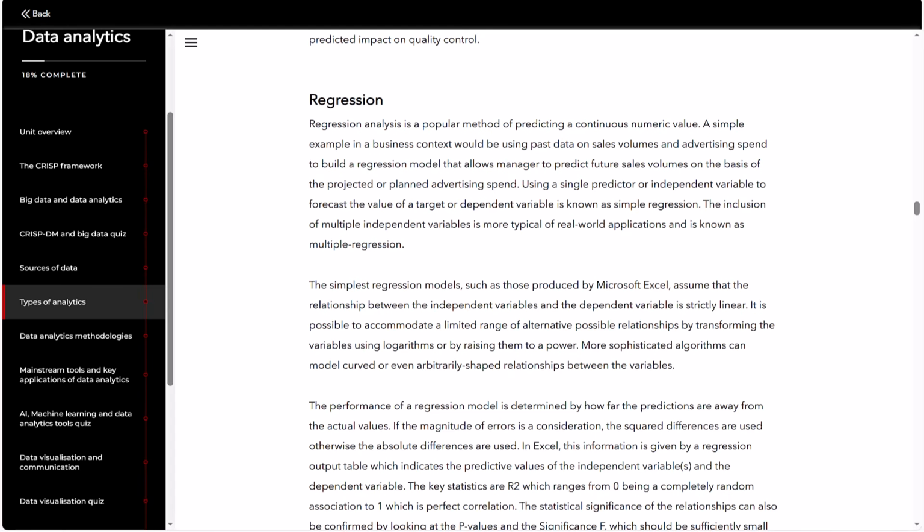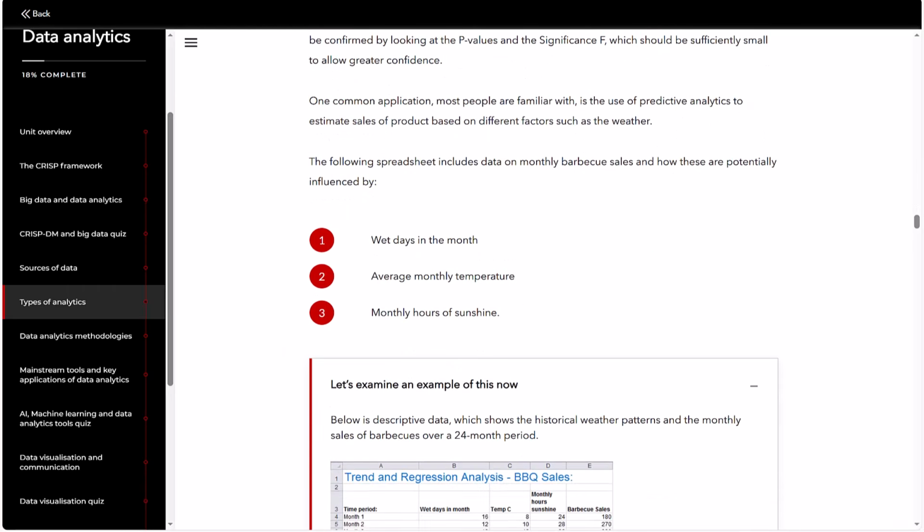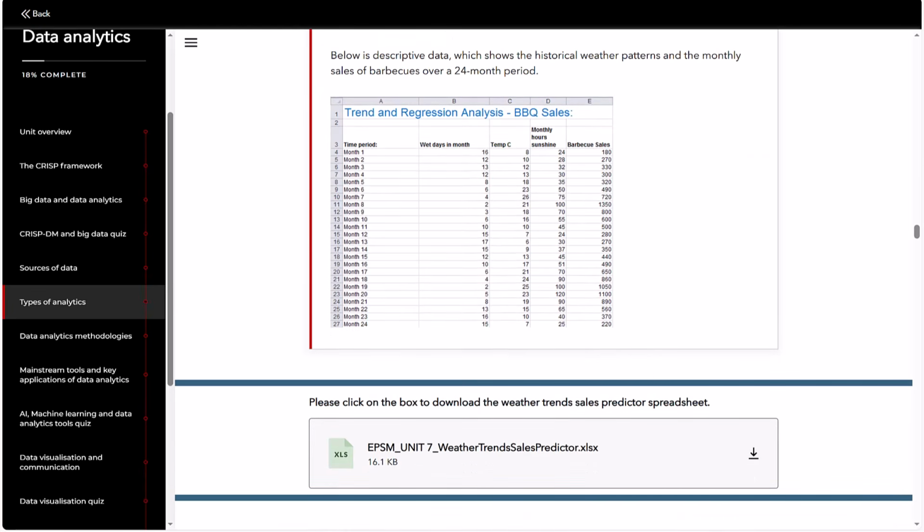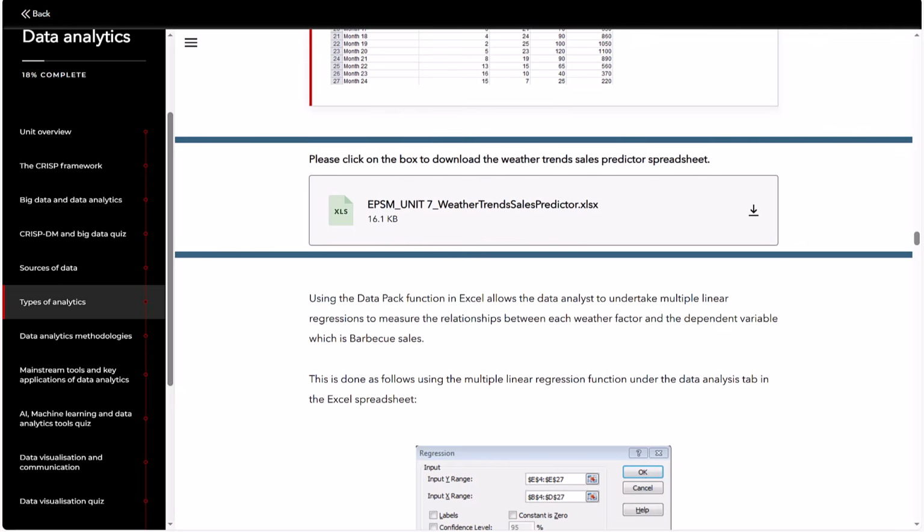Here we are on the data analytics section, specifically regression, and we are going to be using this example, as I said, which is about predicting barbecue sales influenced by wet days, monthly temperature and hours of sunshine. Here's the data that we're going to be using, and they've given you a table to download with the predictor. We are going to repeat that exercise now and show you how to do it yourself so that you can repeat that for the end of unit quiz. So let's click on the download,